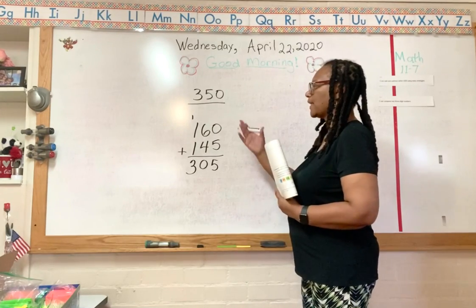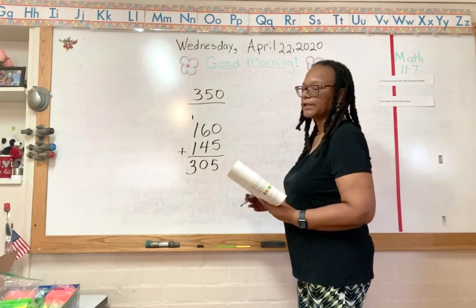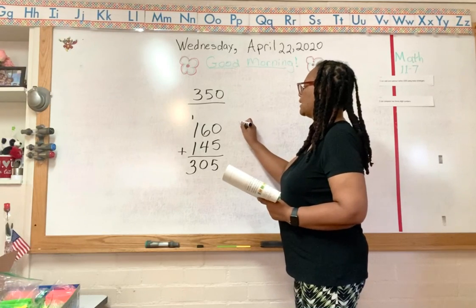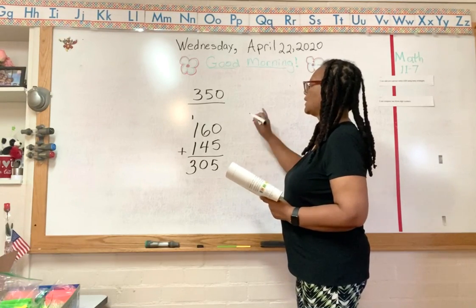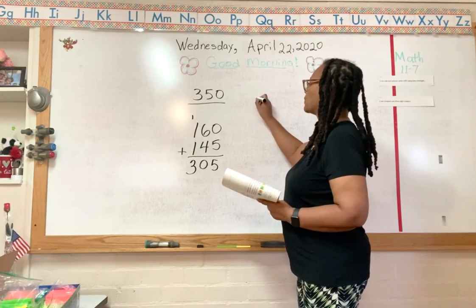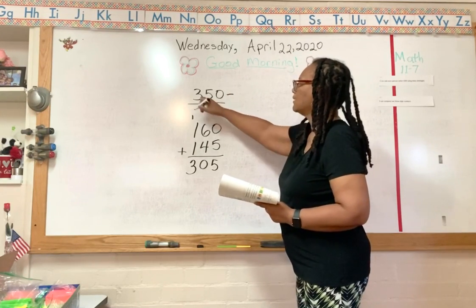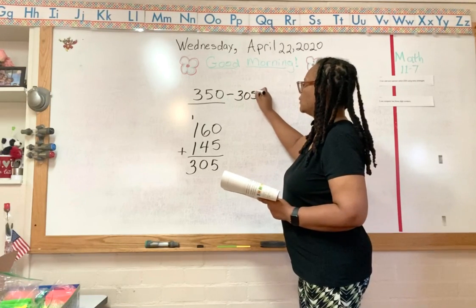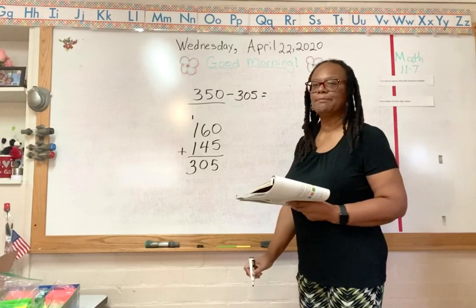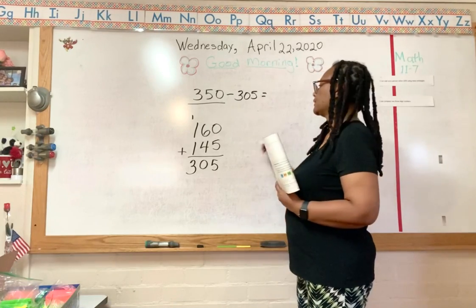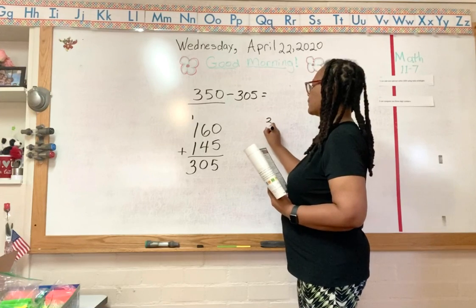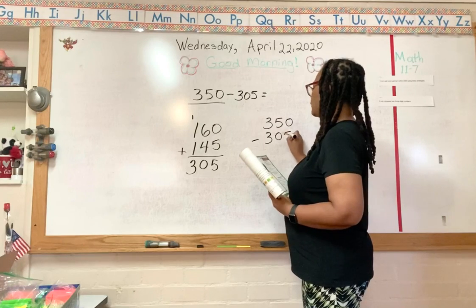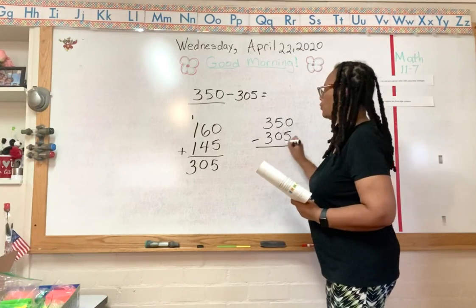Well, looking at that problem, I could probably use regrouping. I think I'll use a number line. No, let me just show you how to use regrouping. We're going to subtract 350 minus 305 in order to find out how many more muffins she needs to bake. If we just do it this way, 350 minus 305, we can regroup by saying,